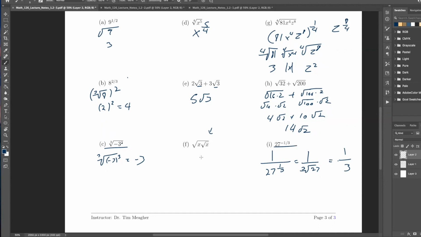All right, so let's see. How would I deal with this? How would I simplify this? Well, let's just write everything as exponents. Is everyone okay with this? So here I've written square root of x as x to the half. Here I've written this square root as to the half. Now I'm just going to distribute in the half. So here I have 1/2 times 1/4. And now I'll just add them up. 1/2 plus 1/4 is equal to,